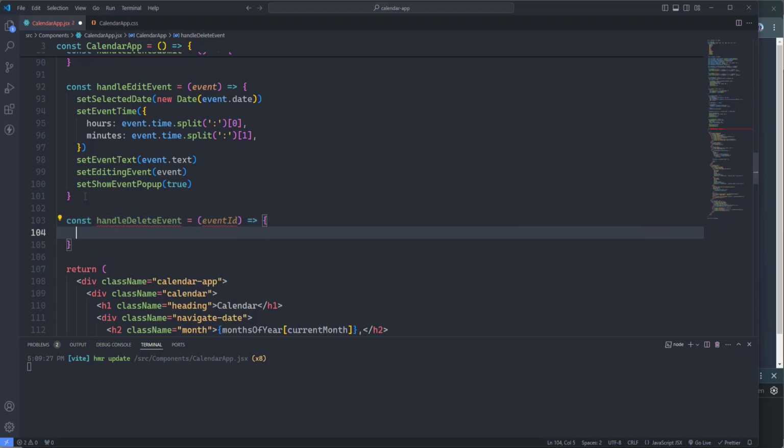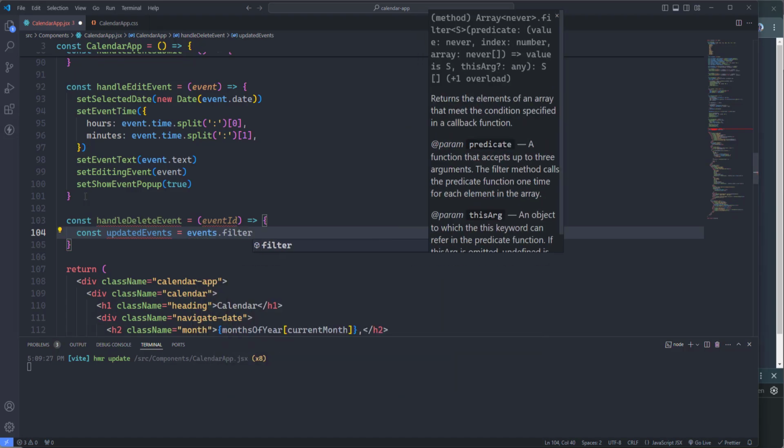So this function takes one parameter, eventId, which is the ID of the event that needs to be deleted. Now inside that function, I'm going to create new variable, and it's going to be updatedEvents. It's going to be equal to